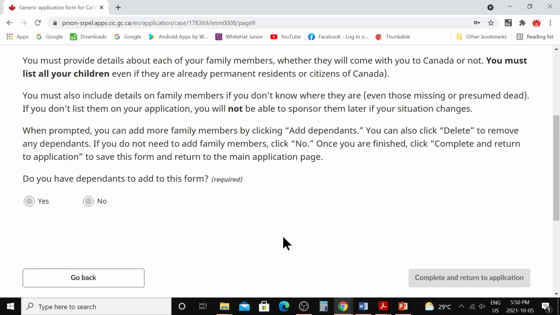If you are applying for both the parents, then one of them is the main applicant, the principal applicant, and the other one is the dependent of the principal applicant. In that case, you need to say yes. If you are applying for only a single parent, you will say no here and it will take you to completion of this form. If you have any children with your parents who are dependents, then you need to add another dependent, that we can see later. So, just say yes if you are applying for both the parents.